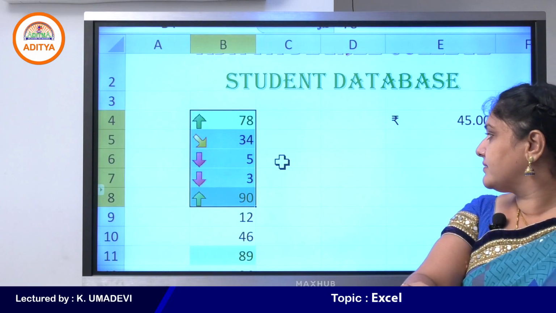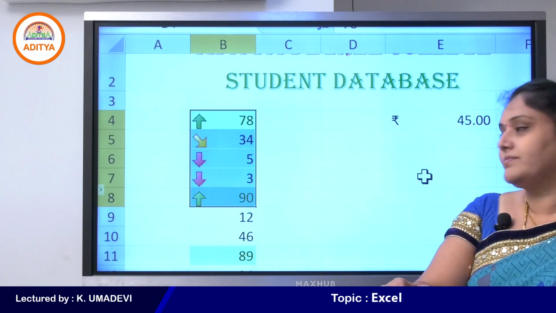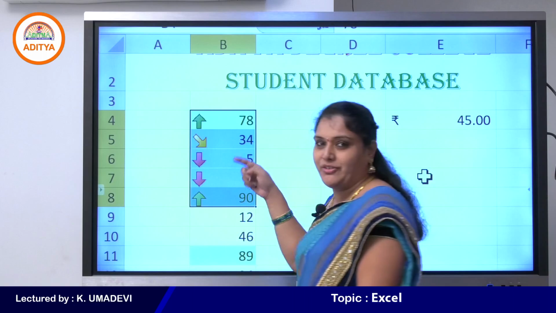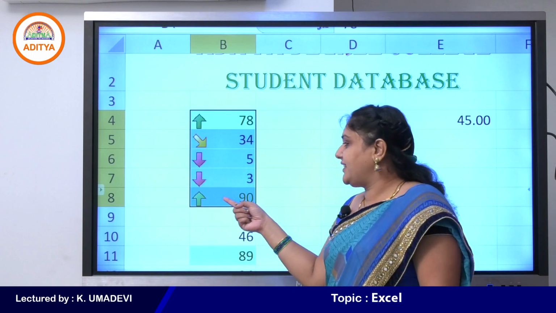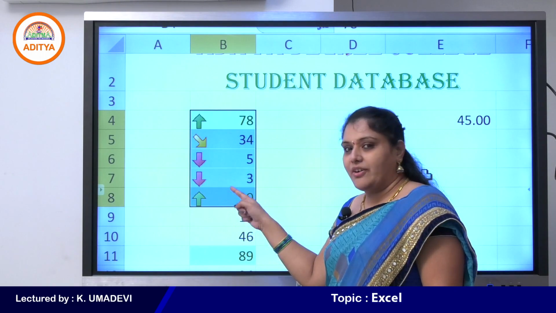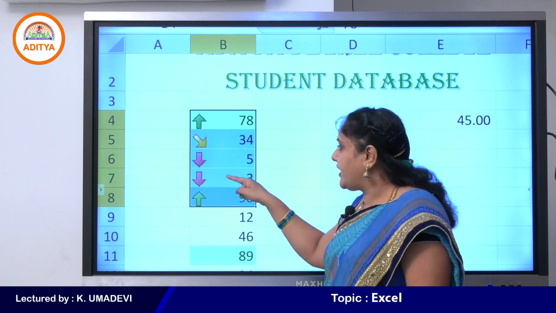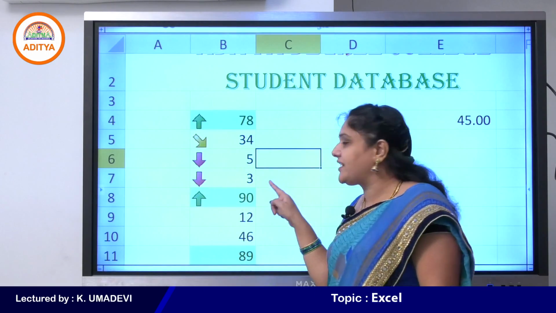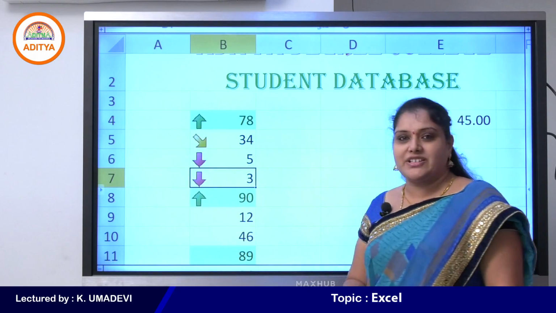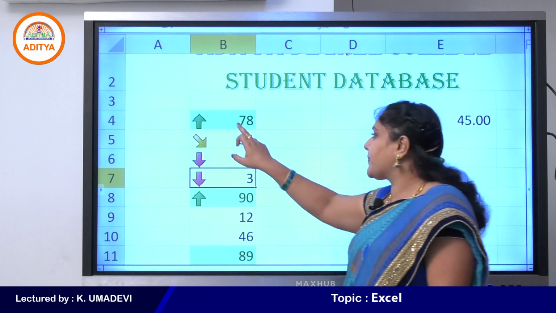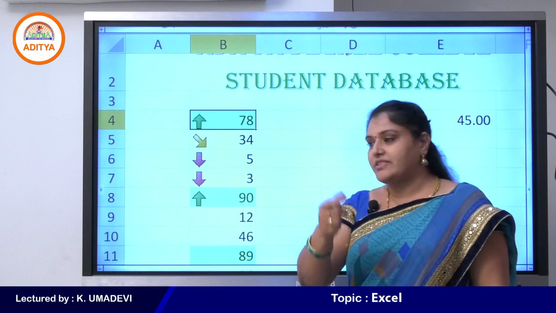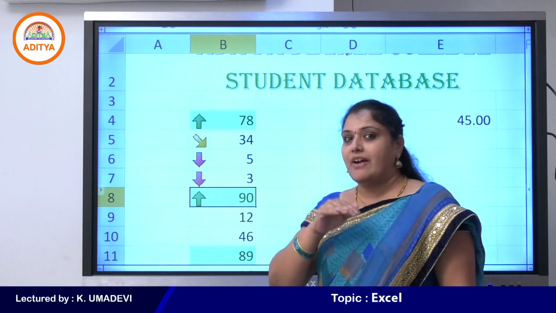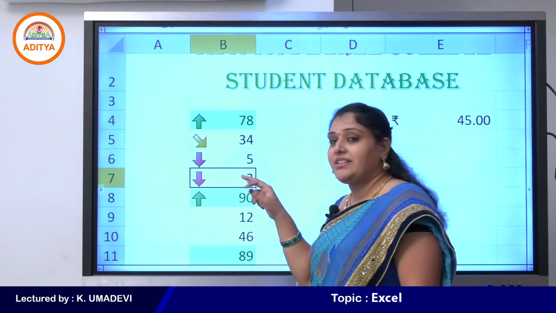Based on the selection, here 90 is above average, right? See here the arrow is in upward direction, and the red arrow is in a downward direction, that is below average. 5 and 3 are below average values based on your selection. 78 is above average, 90 is above average, 34 is average, whereas 5 and 3 are below